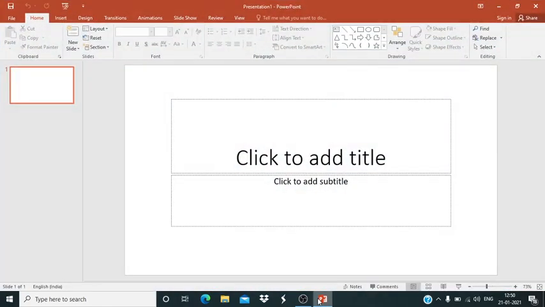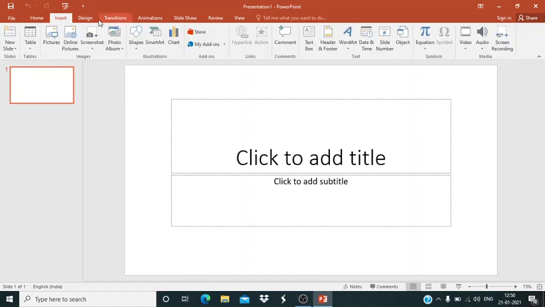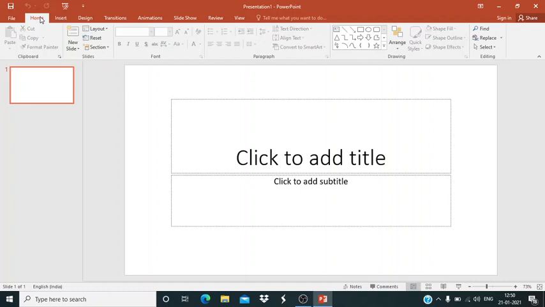So this is what you see on the screen when you open a PowerPoint. You find that there are certain tabs here, that is the File tab, Home tab, Insert tab, Design. See that the top portion whatever you see is called a tab. Okay, so now I'm going to the Home tab. In each tab you will find certain groups, for example New Slide, Layout, Reset, Section.